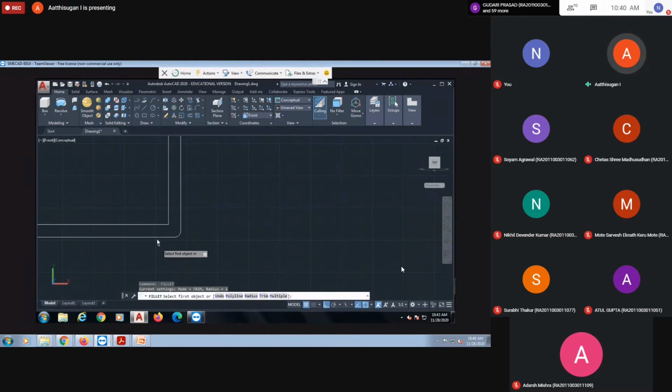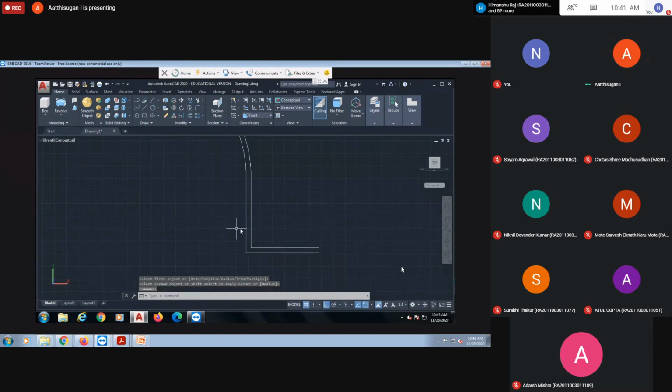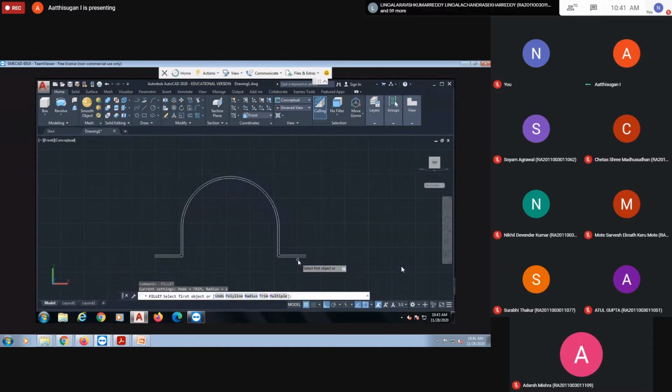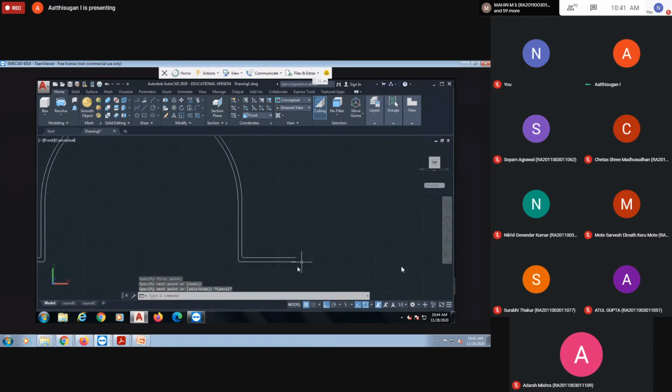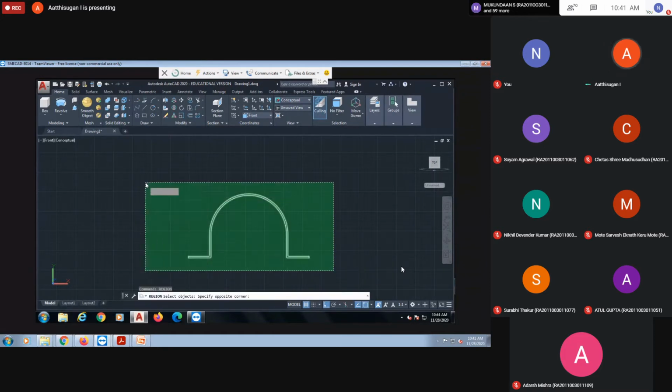I already pressed the tab button, so it automatically creates the complete selection. Select here as well as this one. Then for this edge I do the fillet also, this one and this one. 0.5 is already set, so you can select 0.5 only. Then this one and this one. Then press escape. Then join into a single line. Again you have to do join. You can use the join command or else REGION. Select object, press enter. Now it will be a single object.